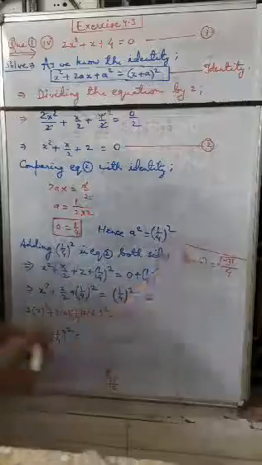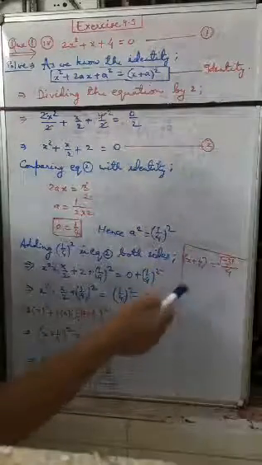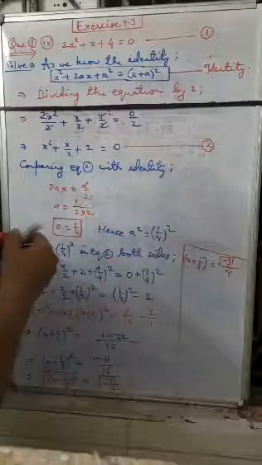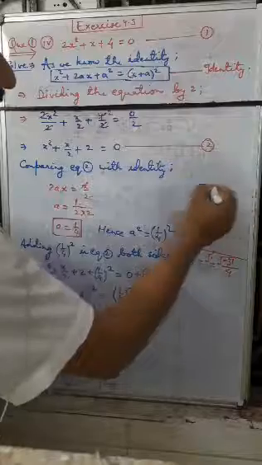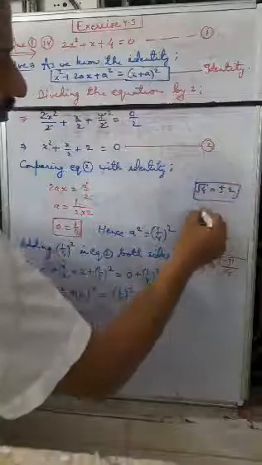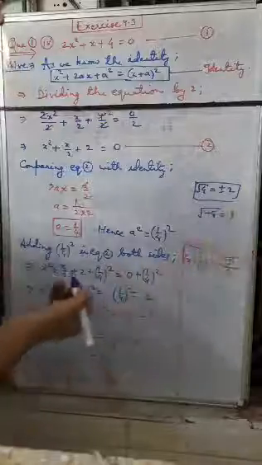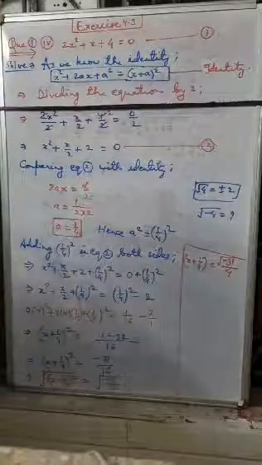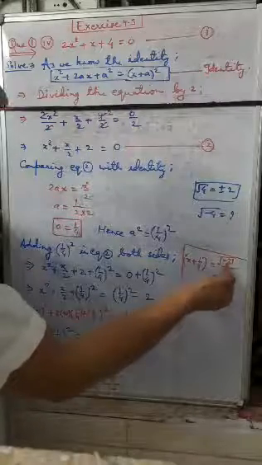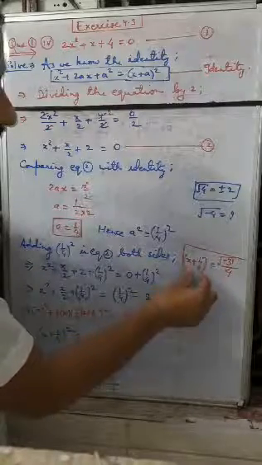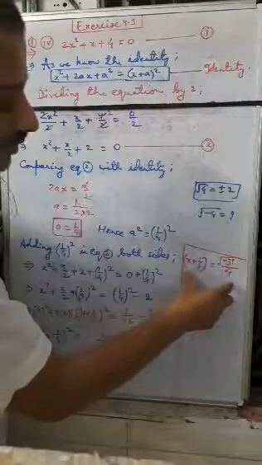So how to find out the under root of any negative number? It is impossible, because we can find under root 4 is equal to plus minus 2. It is possible, but under root minus 4 is equal to what? So it is called imaginary number. Such kind of numbers are called imaginary numbers. So that means the problem cannot be solved forward from this step.